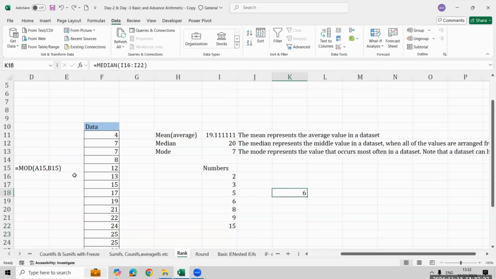Now, how is it calculating, basically? The first 3 go from the top, and the bottom 3 are gone. Which means you have 7 records in total. The upper ones will go with the top records, the lower ones will go with the bottom records, and whatever is the middle value, you'll get as the answer. Clear? Now, in case I have an even count here,